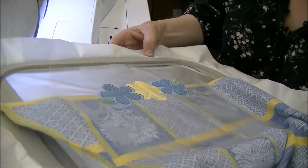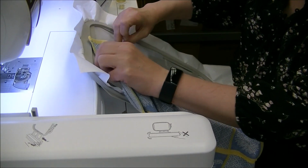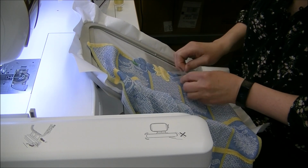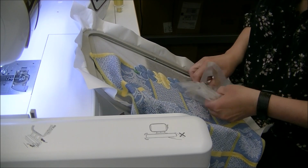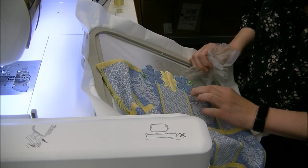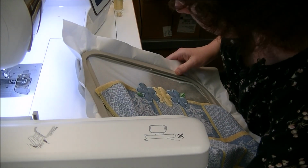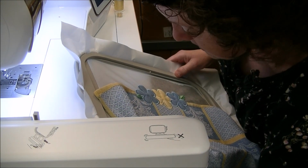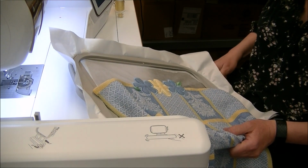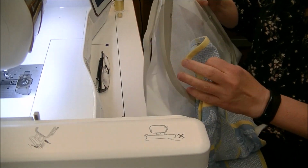Now what you're going to do is you're going to take the tape off of the solvy, and you'll notice that as you're pulling it, honestly, it just really pulls right out the front, which is really nice. Alright, now for the back, it's sticky, correct? That's the whole point of us using the Fabri-Solvy sticky. So we're going to take this out of the hoop,